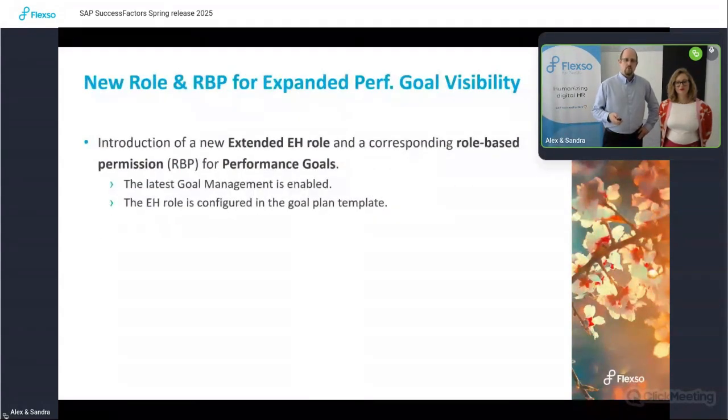Also regarding roles or the role-based permissions, there's now a new role that you can use in role-based permissions regarding the HR manager, the EH role that you can define in the goal plan. Until now, this was based on the direct link in the job relationship, so a one-to-one link between employee and the HR manager. And this was now changed so that you can use this also as an extended EH role